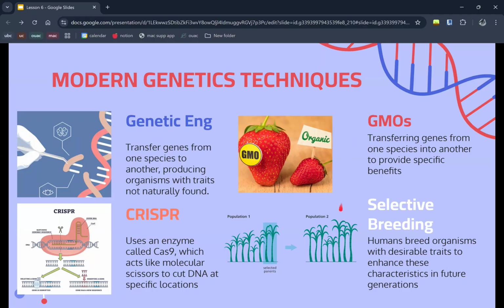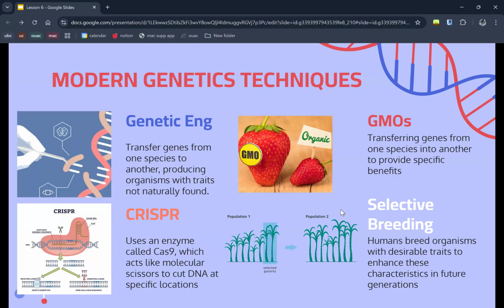Then we have, lastly, selective breeding, which is also known as artificial selection. It's a traditional method that doesn't involve all this technology, where humans breed organisms with desirable traits to enhance these characteristics in future generations. Unlike genetic engineering, this method relies on natural reproduction and the selection of specific traits over many, many generations. The limitation with this is that it is slower and less precise than genetic engineering because it depends on